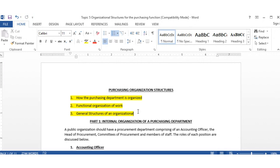So I'll be very systematic that way, and I will also introduce a few of the names that we use legally, so that when you're dealing with some of the organizations that we report to, an example is the Public Procurement Regulatory Authority, PPRA, you should know who reports to PPRA and how they are supposed to do that. And just basically to teach you a little bit of politics of work: why certain people have certain problems with the procurement department. Why is the procurement department viewed as very slow? And such things. It's not a topic per se, politics of procurement, but it will come up within our learning